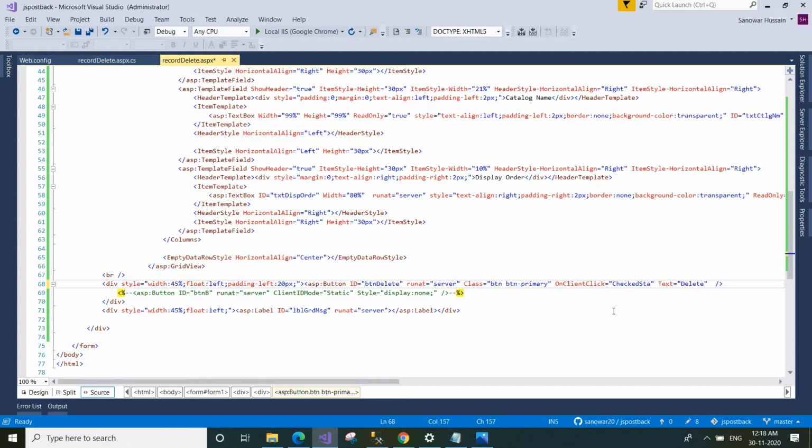Check the status, check for the checked record, whether at least one record is checked or not. Then we'll check the confirmation message, will show you the confirmation message, then we'll finally delete from the database. Okay,